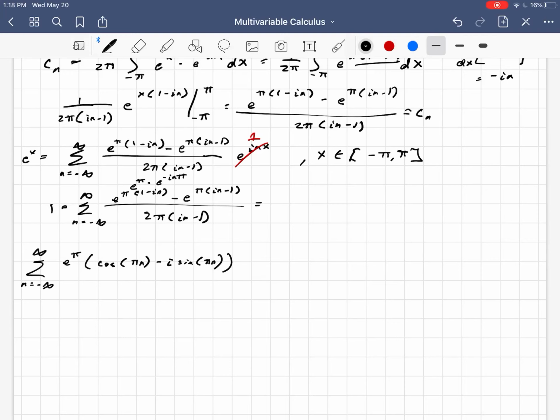So the second part, now we get e to the pi. So what I'm going to basically do with the second part right here, I'm going to make it e to the negative pi times e to the pi in. So we get